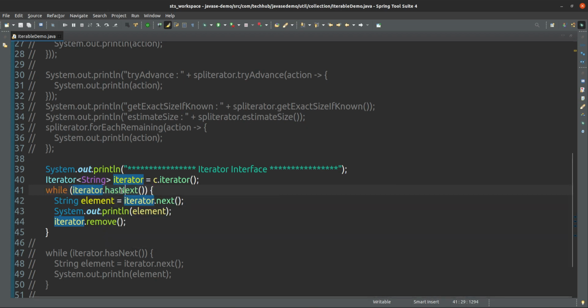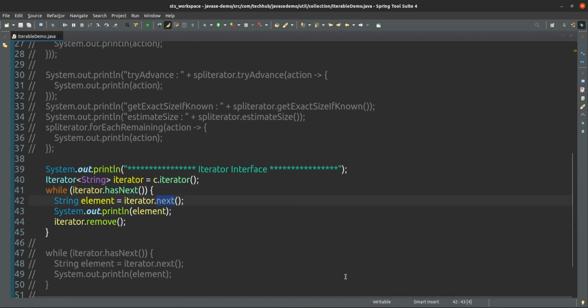While iterator hasNext means keep running this loop while the iterator has a next element.